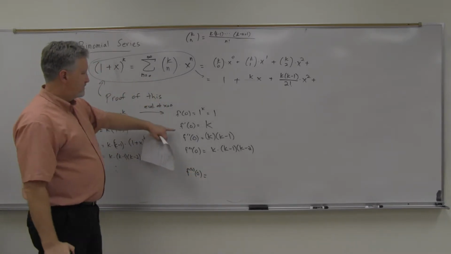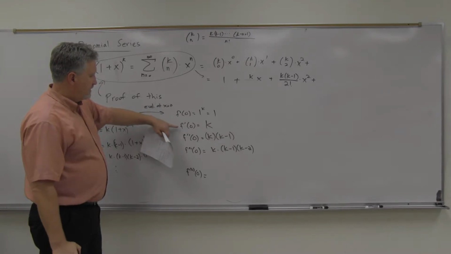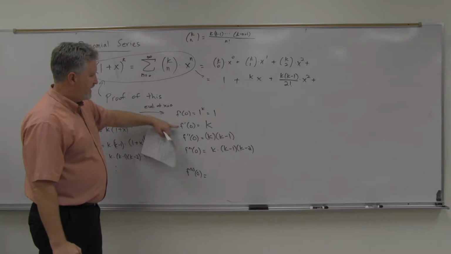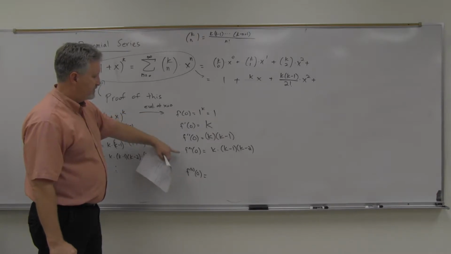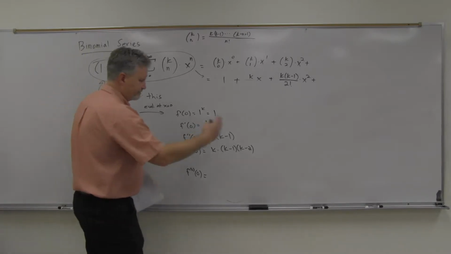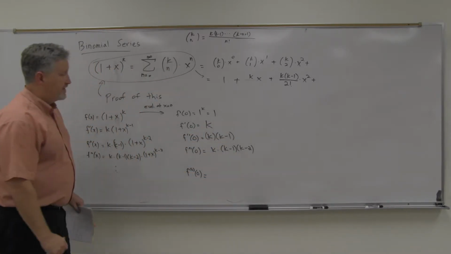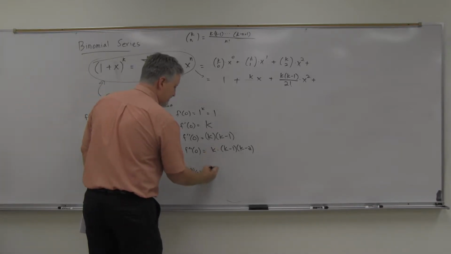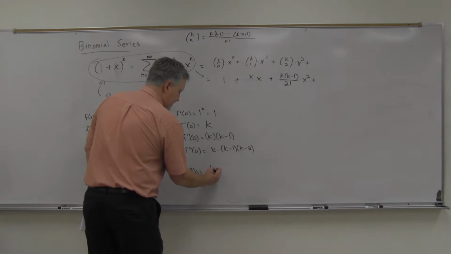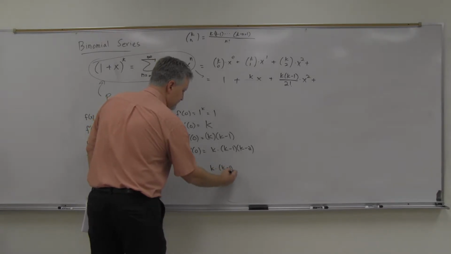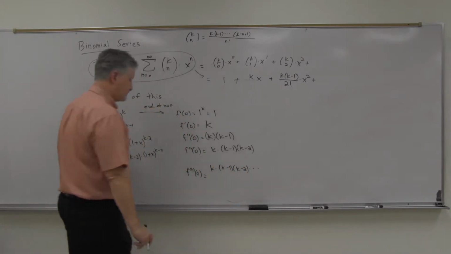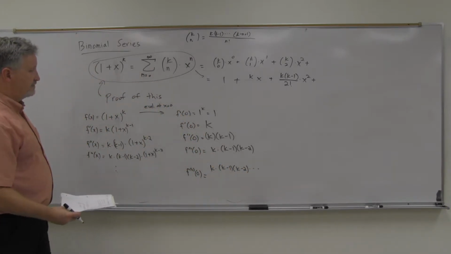All right, so I've got k, and then k times k minus 1, then k times k minus 1 times k minus 2. So it's not a factorial there. It's this partial factorial, and it turns out that your nth derivative is going to go down to k times k minus 1 times k minus 2. And then the last term,